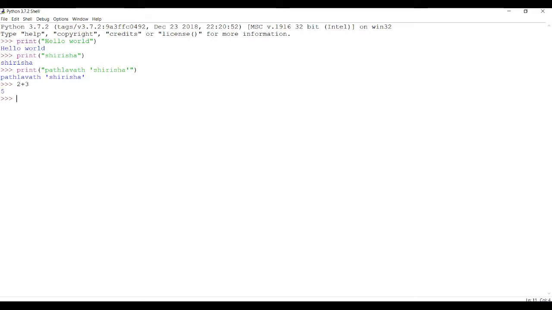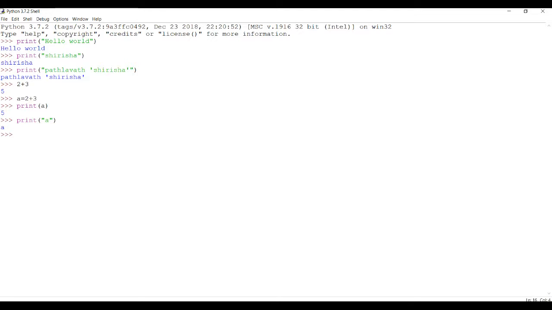2 plus 3, it is giving 5. Okay, you can use variables also, like a equals 2 plus 3. You need to print a. Here you should not give inverted commas. Why? Because we are holding the answer of 2 plus 3 in a, right? So to display that answer, we just print that value. If you write print of a in inverted commas, it will just print a, because it will think it is a string.